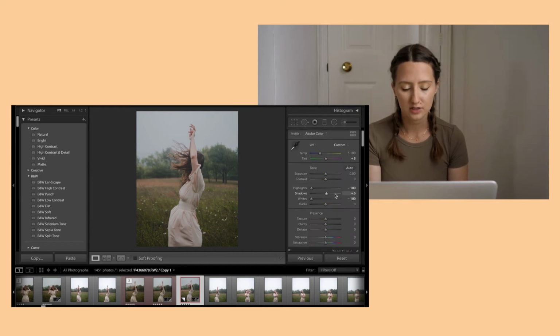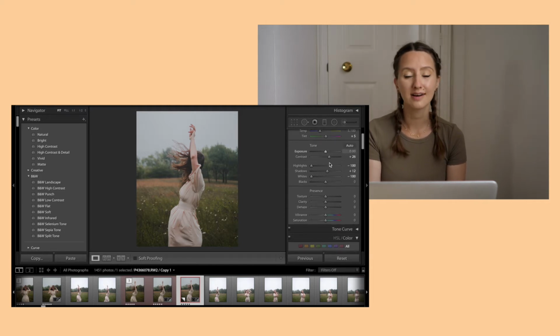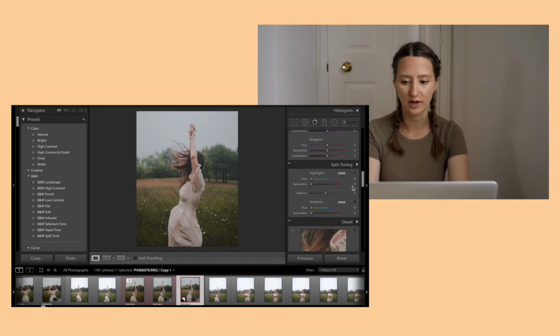cinematic like that. And I do think I want it slightly more contrasted now that I reduced all of the colors. So I'm gonna up the contrast here. I'm gonna up the shadows just a little bit. One other thing I usually do is I use this split toning. What I like to do, I just set the saturation to 5 in both of them, and I usually bring